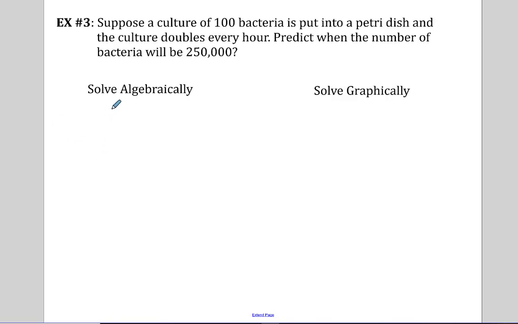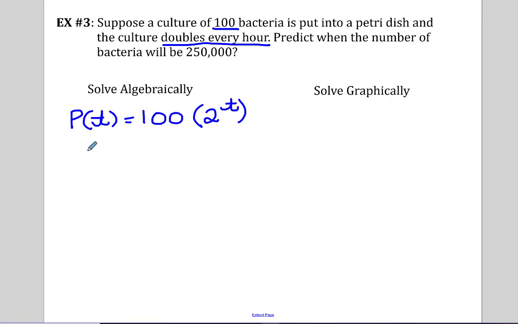Example 3, suppose that we have a culture with 100 bacteria. It's put in a petri dish and the culture doubles every hour. So doubles every hour is our base. Predict when the number of bacteria will be 250,000. So the population model would be: our initial p sub 0 is 100, and then the rate would be doubling every hour, so 2 to the t power. We want to know when there's going to be 250,000 bacteria,